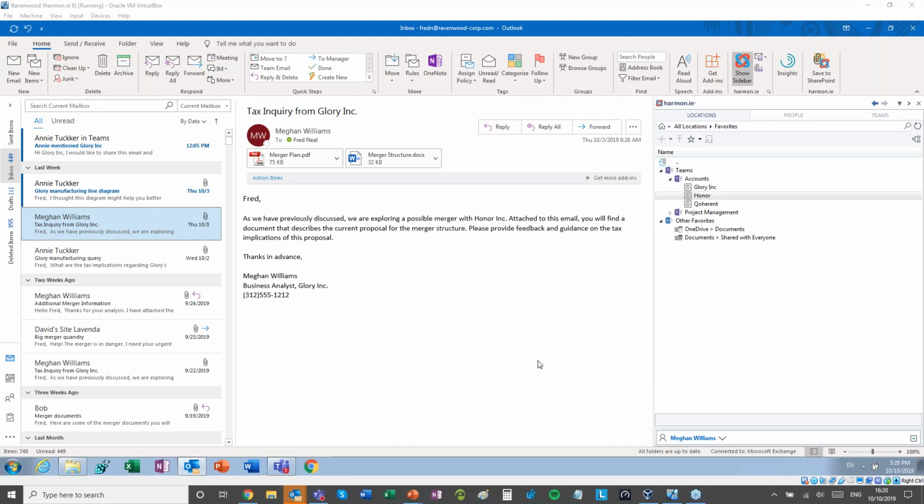So we can see here in my Outlook, I've received that email from Megan. I'm taking on the role of Fred at the moment, and I've received that email from her with some documentation that relates to it as well. Now I want to take this email and the documents, and I want to put them into my Office 365